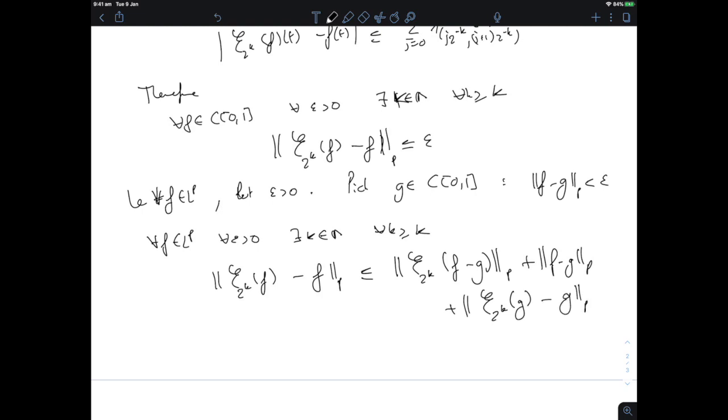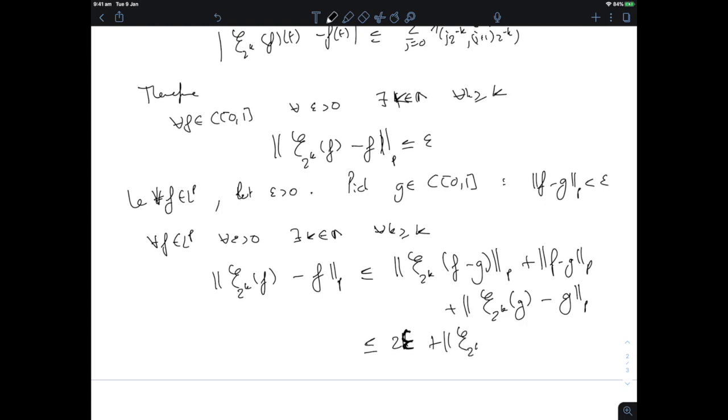And so for g, the continuous function, that is epsilon away from f. And so this whole thing, because the E2k, that's extremely important, we've proven that these things have norms uniformly bounded by 1. This is smaller than 2 epsilon